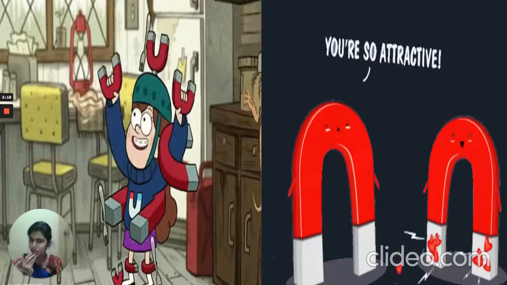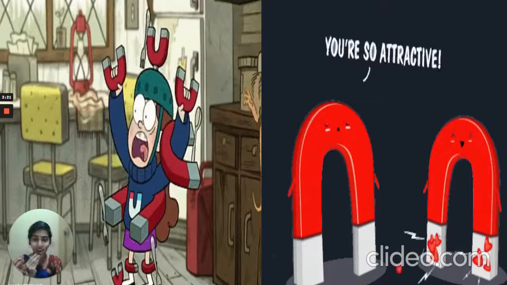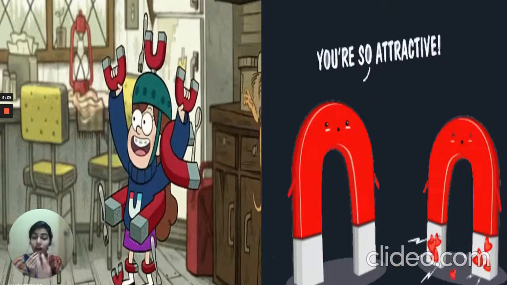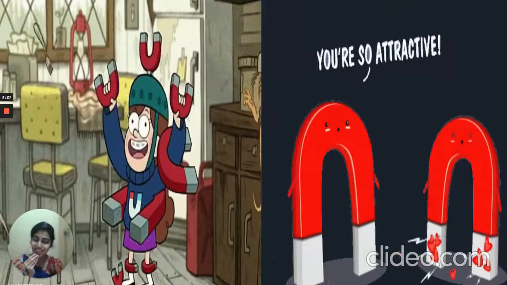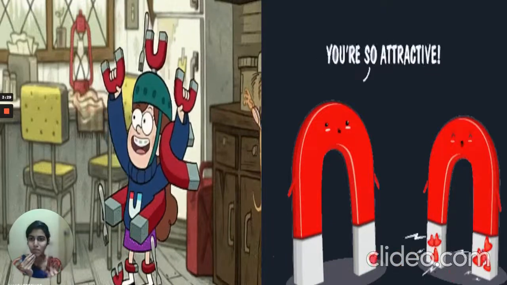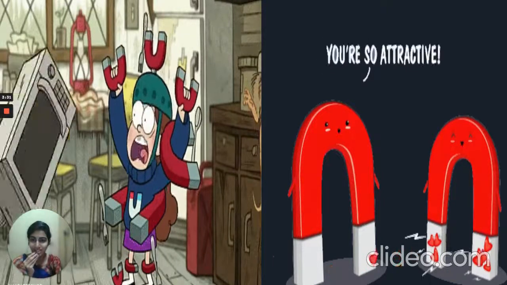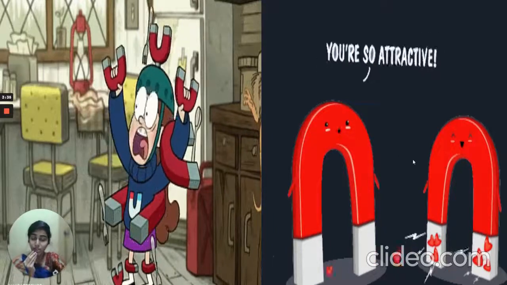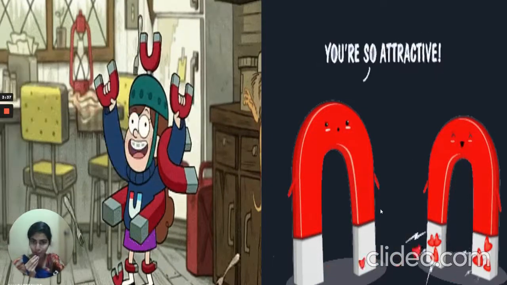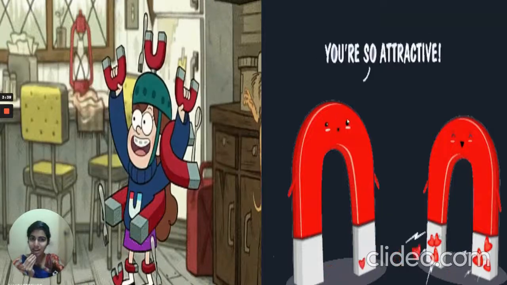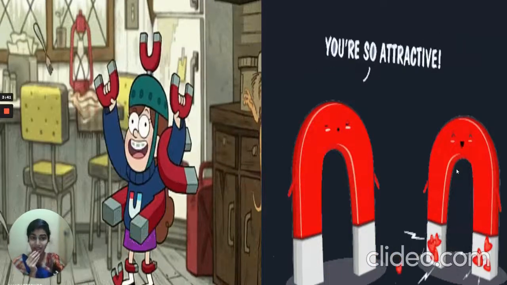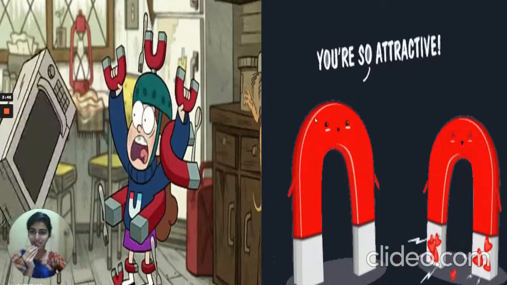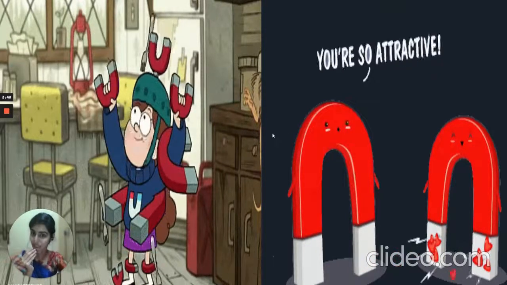And do all substances get attracted to magnets? No. Only magnetic substances like iron, cobalt, etc. are getting attracted. You can see how the spoons and all are getting attracted, right? The next picture shows two magnets. What is the shape? It's a horseshoe shaped magnet again. One magnet is saying to the other, you are so attractive. So, what is the property that we are seeing here? It's the property of attraction.